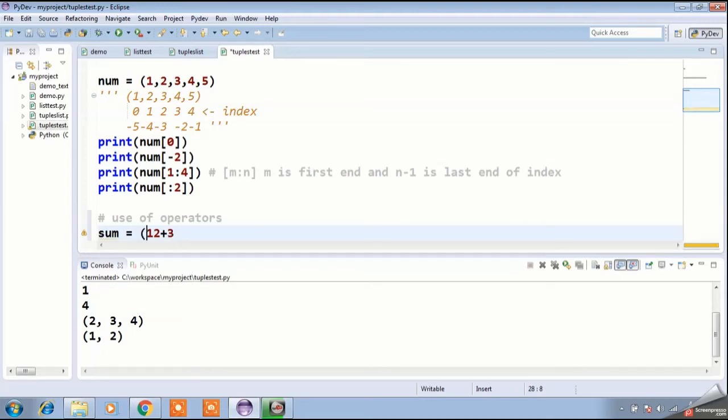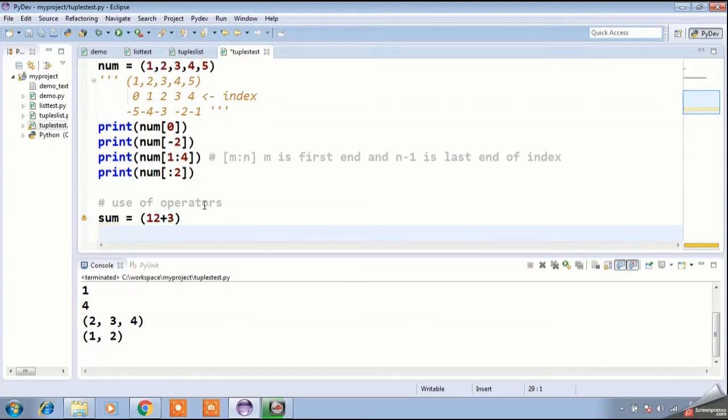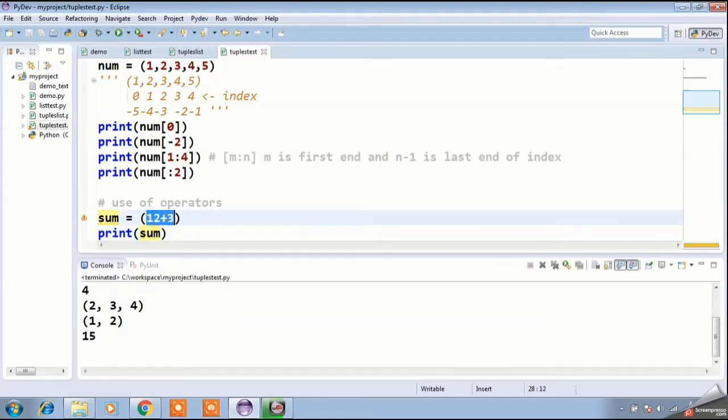It's easy, right? If you write like that and print it, it will work simply. It will add these two values. But in tuples, these are two elements,